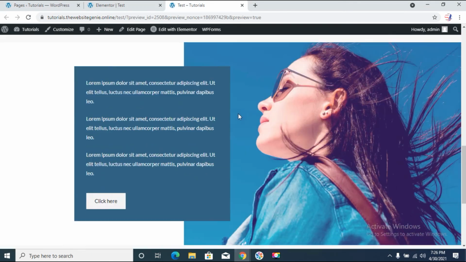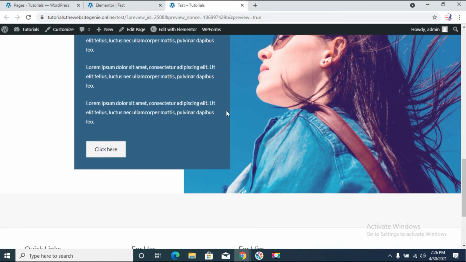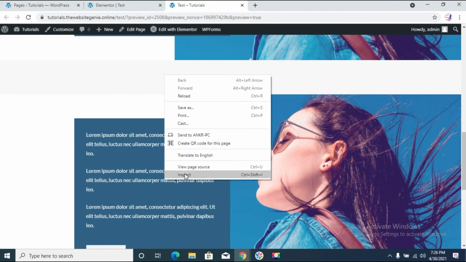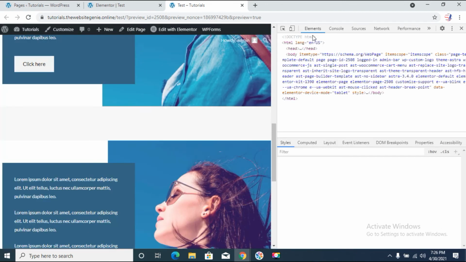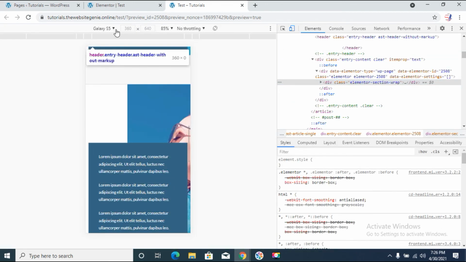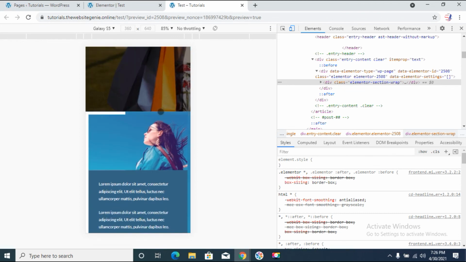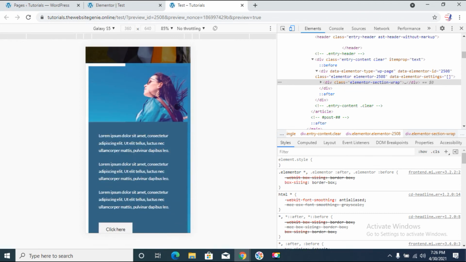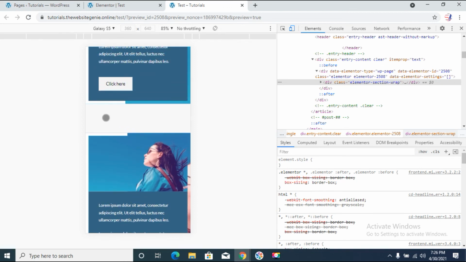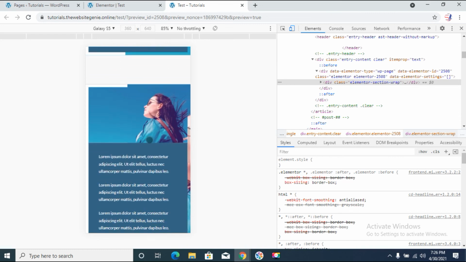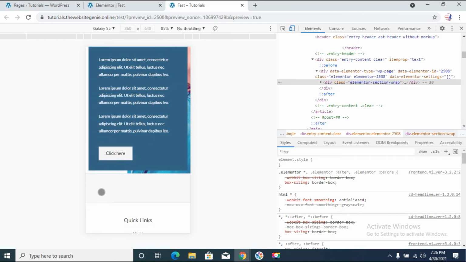you will see that this is the preview for our website for the desktop version. And if you right click and go to inspect, and check the responsiveness in the mobile version, you can see that this is what it looks like in the mobile version. So all you have to do is get rid of this color. If this color was white, it would have had a better effect, but for that to happen, you need to get the exact hex code of this color.